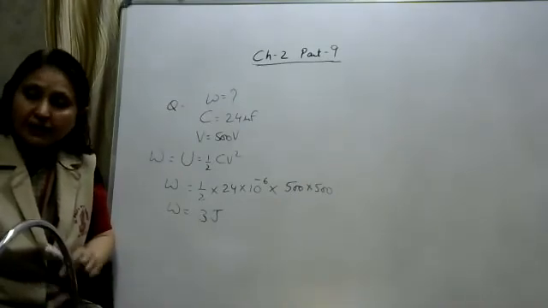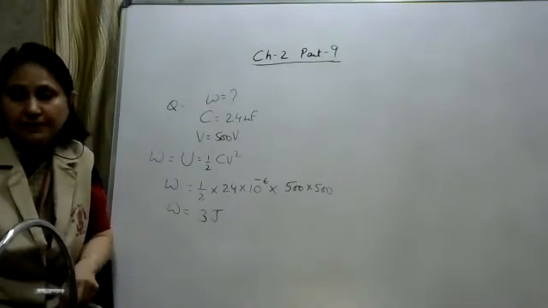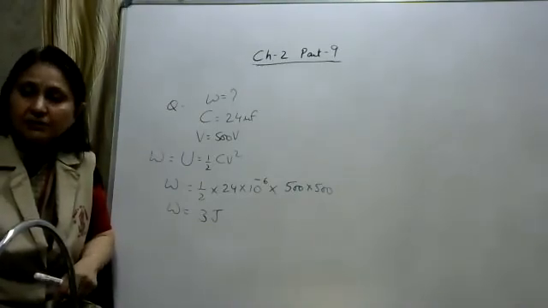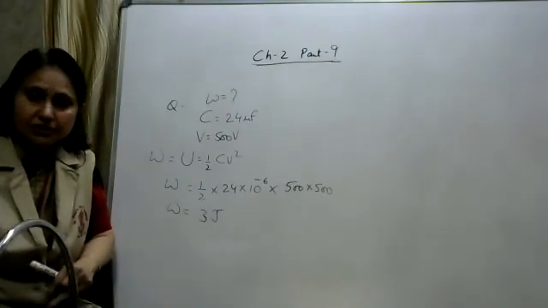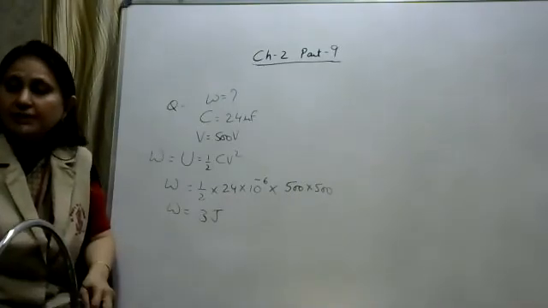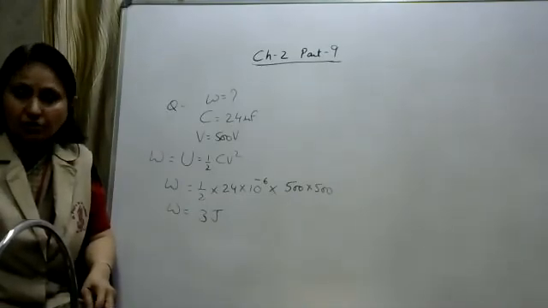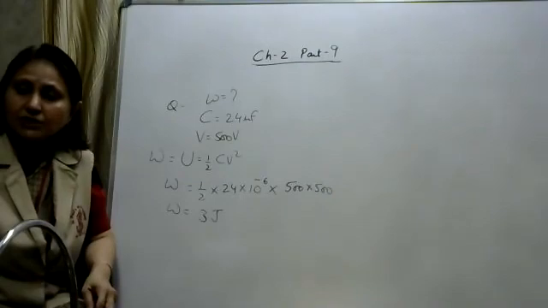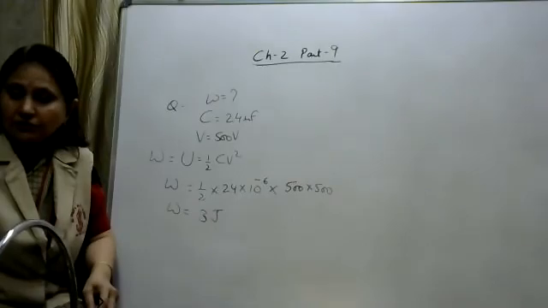Along with it, we found out the expression of the energy density of a parallel plate capacitor. Energy density is energy per unit volume of the capacitor, and it comes out to be half epsilon naught into E square. So today we have studied these topics, and tomorrow we'll study about common potential and also the loss of energy. In this process, there is some loss of energy which appears in some other form. We'll find out the expression for the loss of energy. Okay, thank you, class.